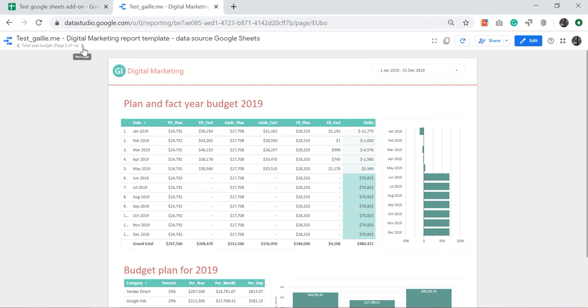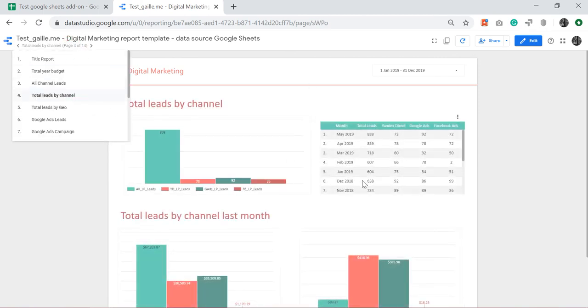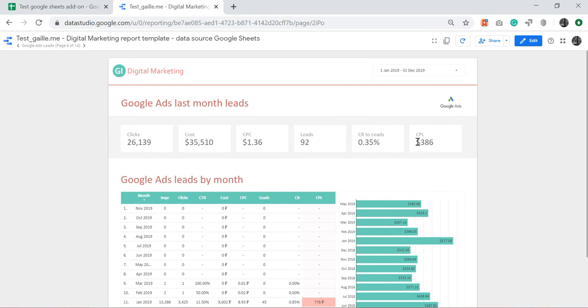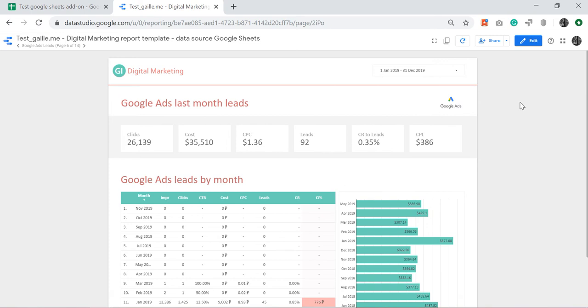I have a budget page, I have a total leads page, I can split leads by channels and can see some dashboards about each channel. This is random numbers, don't look at them. And this is really beautiful, and the client can change the data range and choose and see the data that he wants to see.